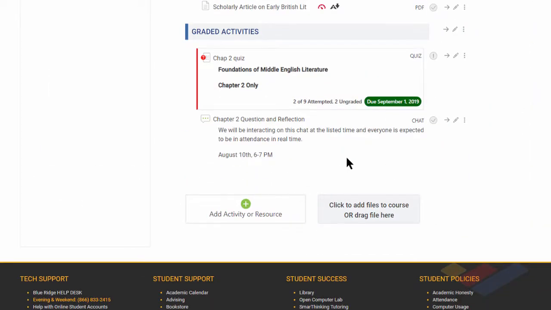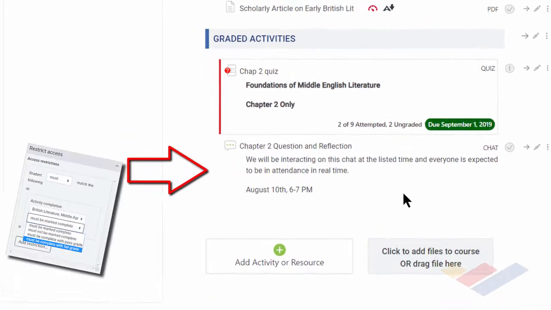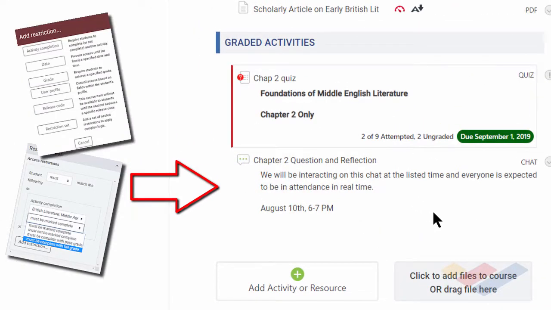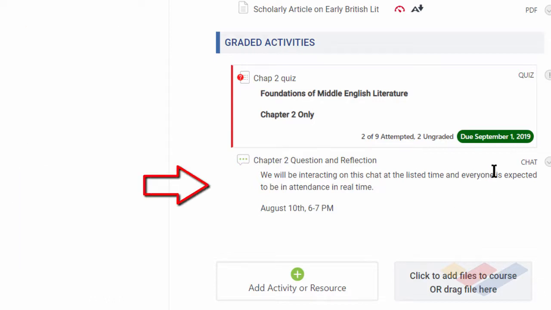And a final thought, the next assignment in sequence that you would like the student to pursue can have restrict access set on that. Consequently, the following exercise will not be able to be attempted until they have met certain criteria. And you have set those criteria on this assignment. You had set the restrict access setting on the next assignment in sequence.